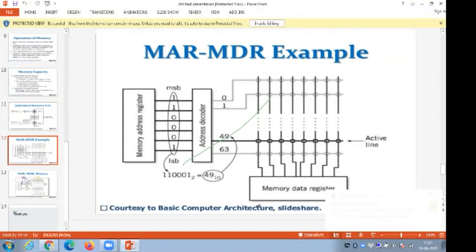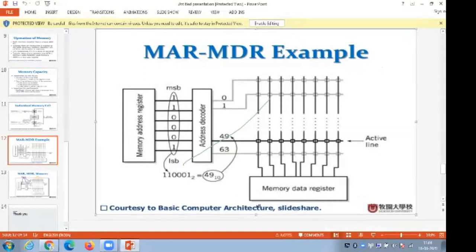So memory address register as well as memory data register, both registers, how they get operated. So this is the memory address register, where each cell stores a bit, starting from the MSB. The operation is taken in the form of binary digits. So this is stored in one cell, this is one cell, this is one cell, and all these are the cells which are stored. All these are stored and shown in the address register.